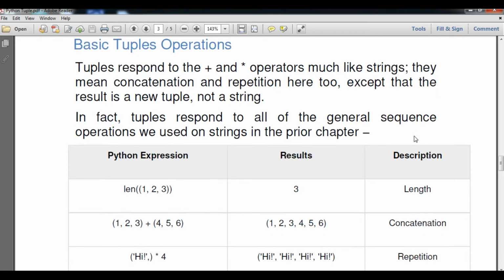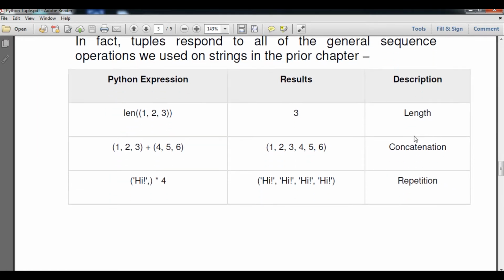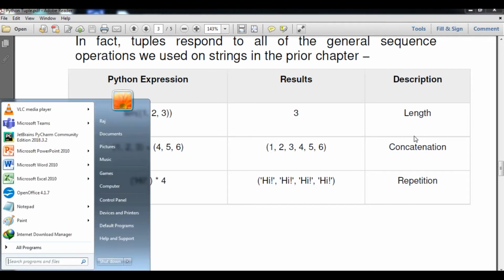So here some examples are going to be shown. The first one, here we are going to count the length of (1, 2, 3), which is itself a tuple, because the first round bracket belongs to the length function's parenthesis and the second round bracket shows the tuple, the particular data type contents or tuple variable. Now the result will be 3, and length is described as length. So we will do that practically, students.